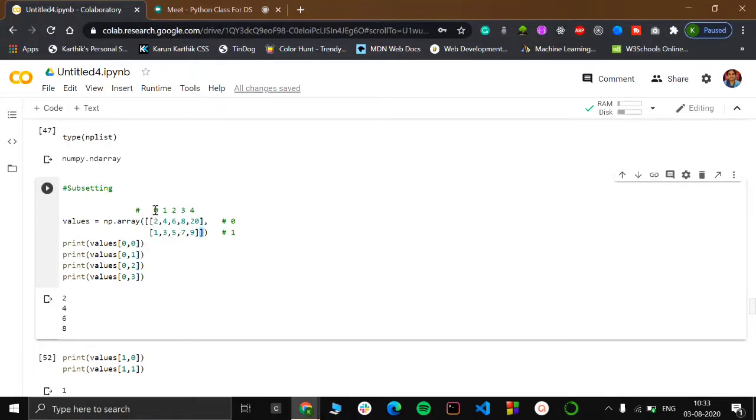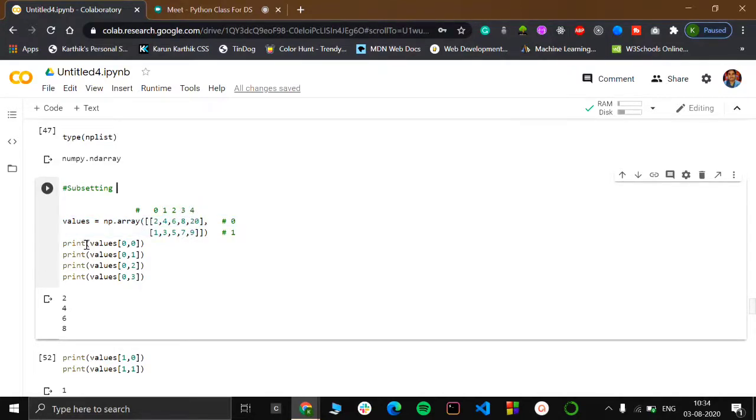When you check it row wise, this will be row index 0, and this will have row index 1. But from a column perspective, it will be column index 0, column index 1, column index 2, column index 3, and column index 4.